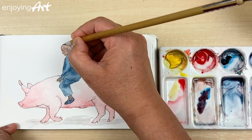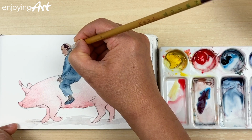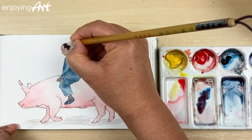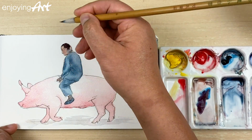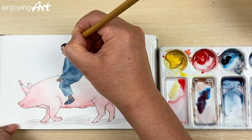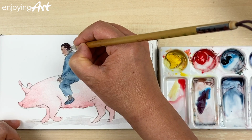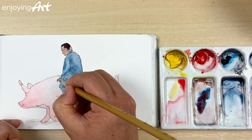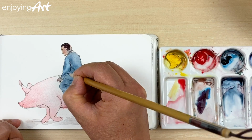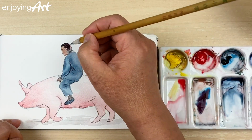And now I'm just going to put the color around the ear. Here you go. Like that. And then I'm going to use water to make the color a little bit lighter. Now I come back, but I want to do a little bit more with the pink already on my brush. So I'm going to come here to make this a little bit darker, give a little fold like that,